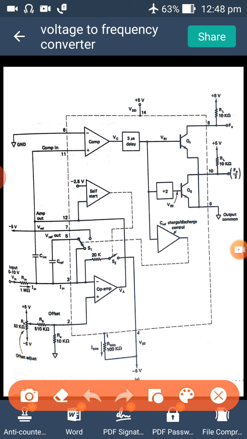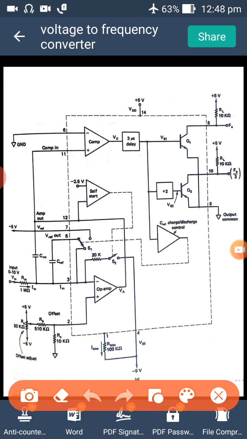At first, we can give the input either as voltage or as current, right? Both we can provide. At the output side, we will be getting a square wave or a pulse with a particular range of frequency, that is from 1 Hz up to 100 kilohertz. 1 Hz to 100 kilohertz of frequency we can achieve at the output side. How is this done then?